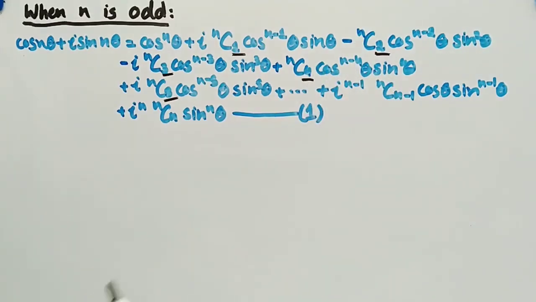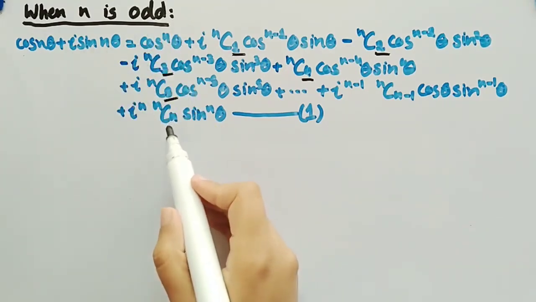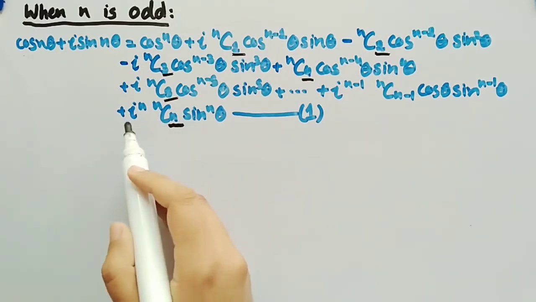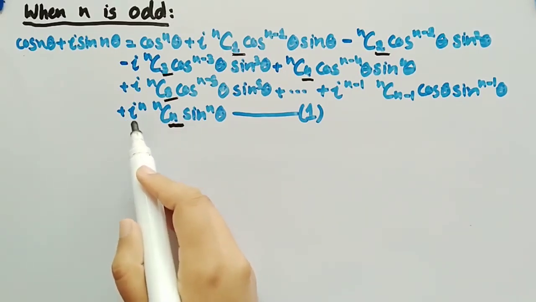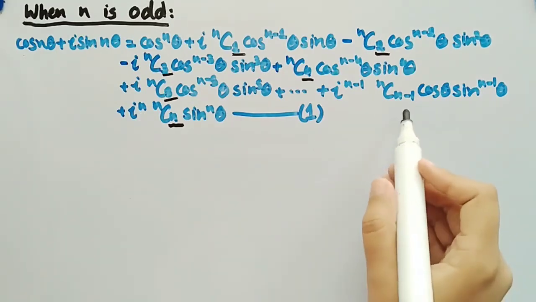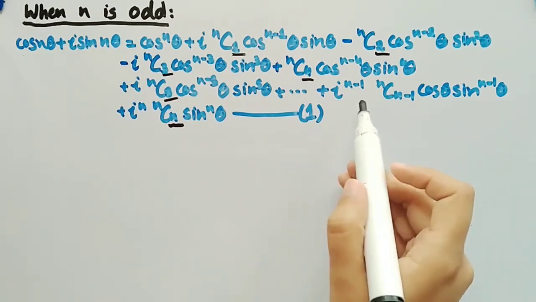Here in this case, it is given that n is odd, so it means that at this place there is an odd integer, so there should be iota with this term, not iota raised to power n. And when n is odd, then n minus 1 is an even integer, so there should not be term involving